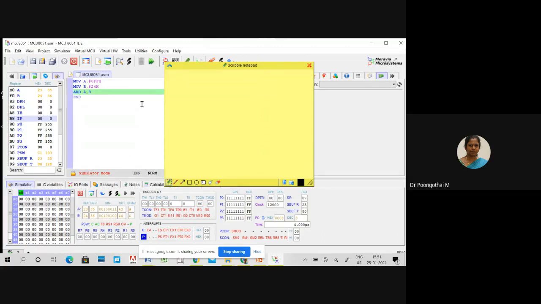So first data is FF. Okay. FF, in terms of binary, is 8 ones. And next 24, the binary equivalent is 0, 0, 1, 0, 0, 1, 0, 0.